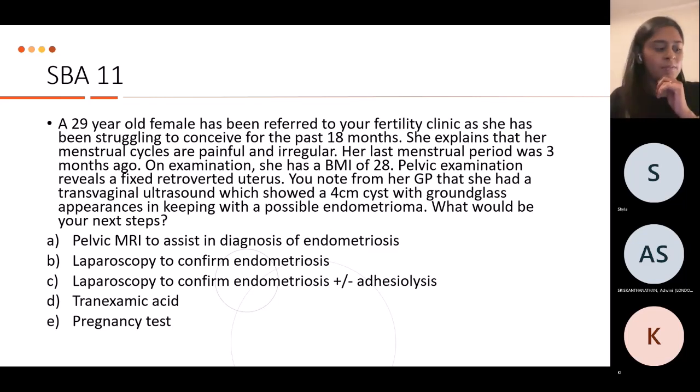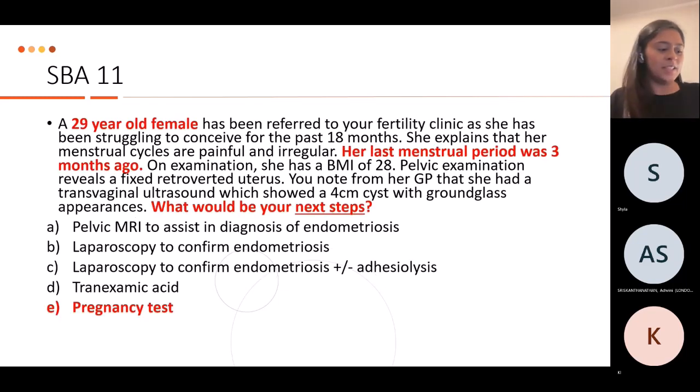Wait another 10, 15 seconds. Perfect. So most of you got it correct. I did try to chuck in one that was a little bit mean. And the correct answer is you do a pregnancy test. She's not had a period for 3 months. She's been trying to get pregnant, so she's probably not using contraception. So don't forget to do a pregnancy test because she might just have fallen pregnant spontaneously. The other options are treatment options that you can use for